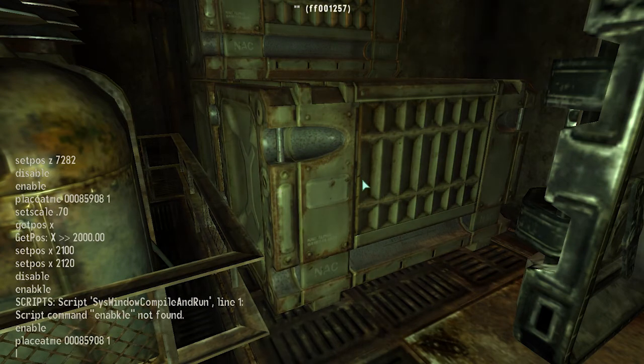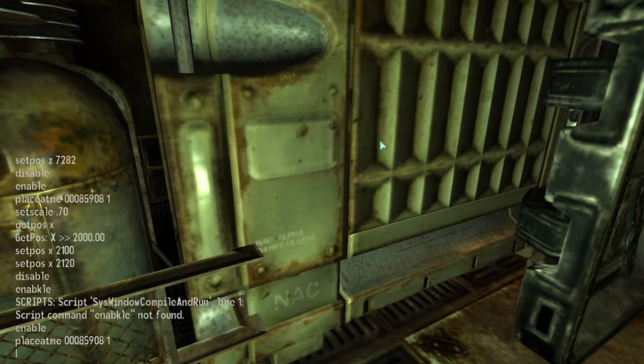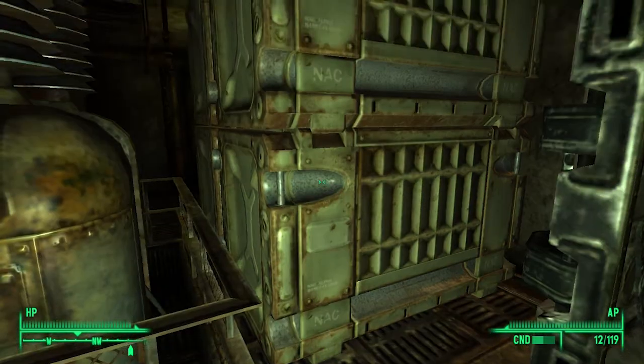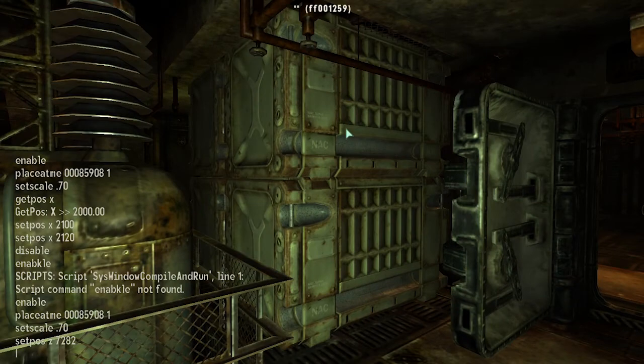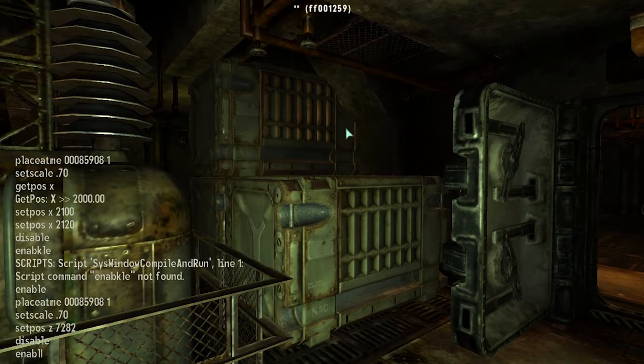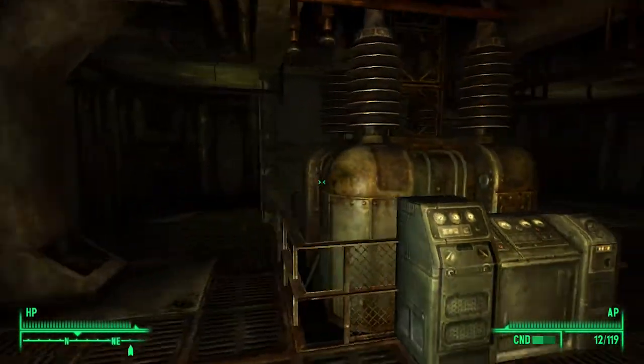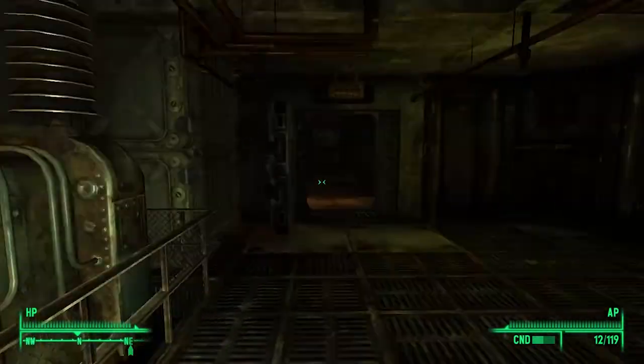With this one targeted, because I'm just going to move the other one directly above it. If you remember how we did the other one, we actually still have the Z coordinates just right here. 7282. So let's go ahead and set the scale of our new one to 0.70. Set position Z to 7282. And voila. Oh, of course, disable and re-enable. Disable, enable, and bam, we just put 4 really cool looking supply crates in to a location that looks like